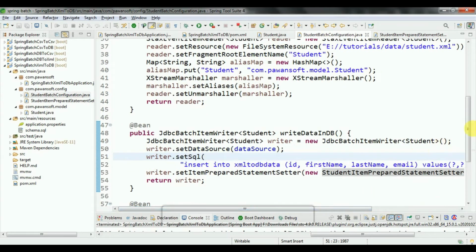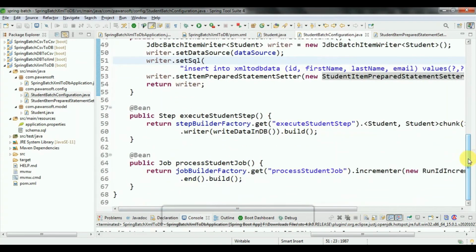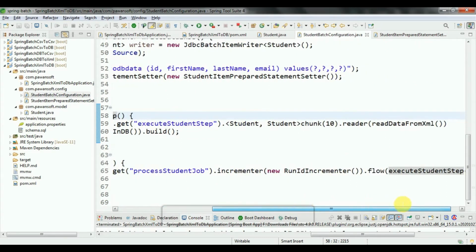Then write the bean for the step. Inside the step you have to declare the chunk size. For the step we have the StepBuilderFactory instance dot get, with the step name, and you have to declare the chunk size depending on your data.